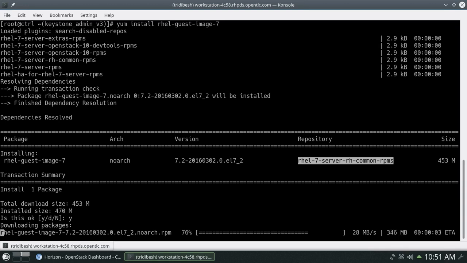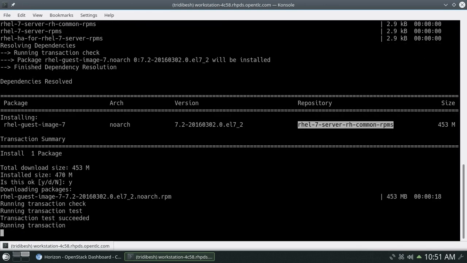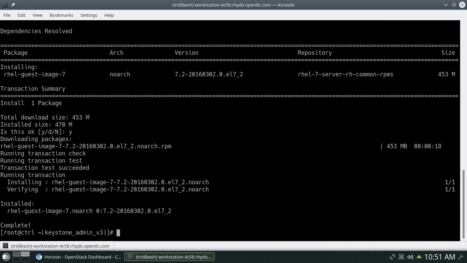Let's wait for it to get installed. You can see it's almost 453 MB in size. That's the minimum image size. So let's install it. As you can see, the package has been installed.